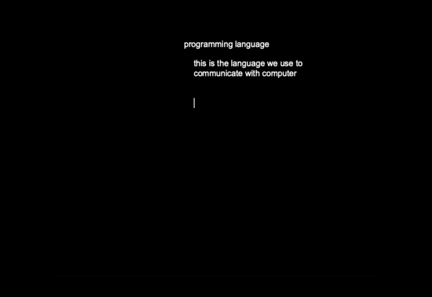It only understands machine language, and this machine language is 0 and 1. It doesn't understand any other language apart from 0 and 1. This kind of language is very difficult for a human to write in, because with 0 and 1 you have to do a lot of calculation just to write a program. Because of that, we need to introduce what we call compiler, which is going to serve as a translator